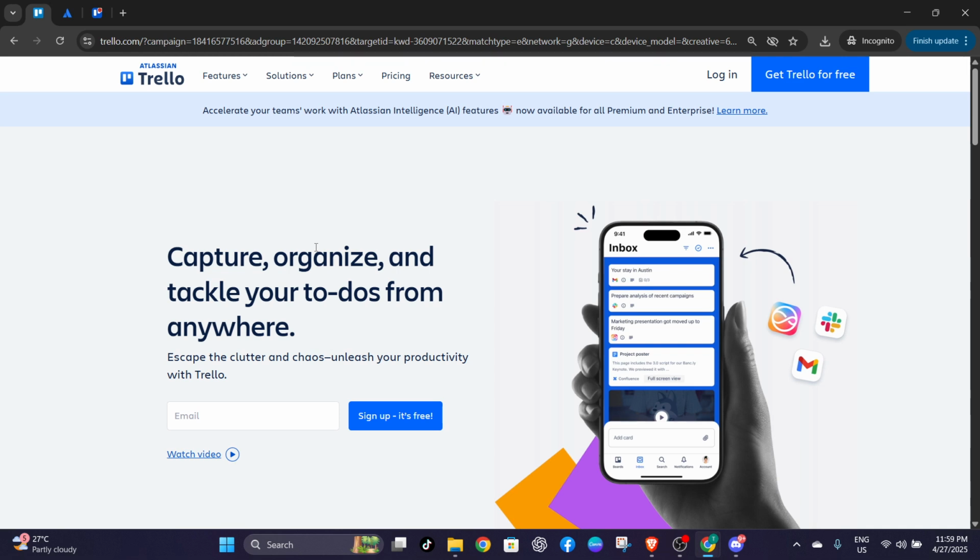First, open your preferred web browser and navigate to Trello.com. If you have an account, you can log in using several convenient methods. Trello allows you to sign in using Google, Microsoft, Apple, Slack, or your email address. Choose whichever method suits you best, and if it's your first time, ensure all necessary permissions are granted to access